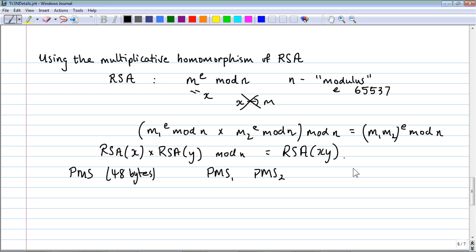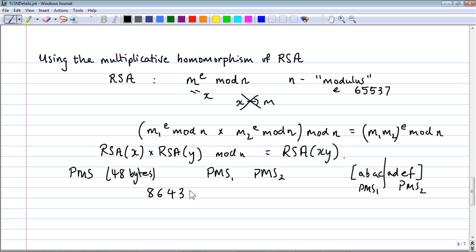Unfortunately though, that means that we're taking some list of bytes, maybe a list of 4 bytes, and what we're doing is we're splitting it into 2 parts. So if you think of it more like numbers, it's not really correct to see this as a multiplication, is it? Because if this is PMS1 and this is PMS2, then these are the higher order bytes. It's a bit like writing a number, just think of it in decimals,